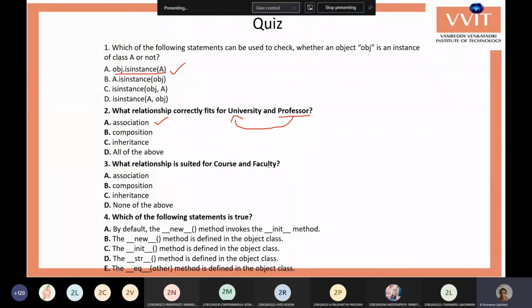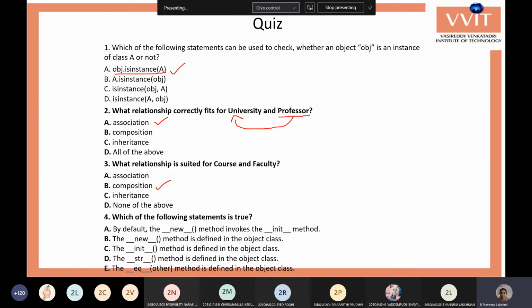And what relationship is suited for course and faculty? A number of faculty are dealing with a particular course. Okay, so it's a composition.